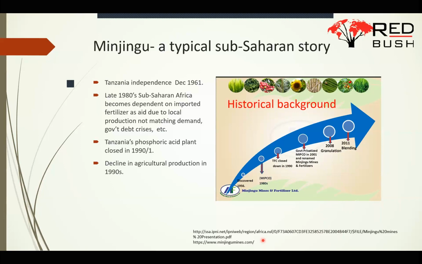They're producing phosphoric acid from this Minjingu phosphate, but that again closes in 1991 for a whole lot of reasons: management, mismanagement, lack of a market to pay the high costs of production. And then generally there's a decline in agricultural production into the mid-90s. Okay, so it looks like it's not going to do too well, but